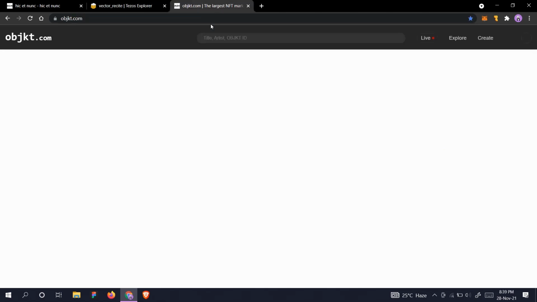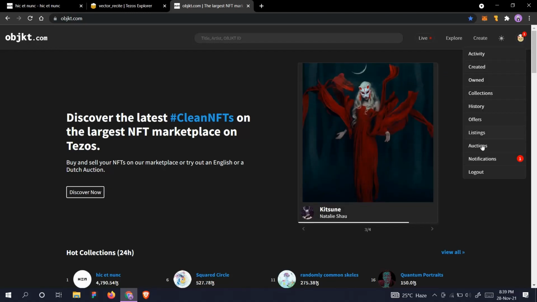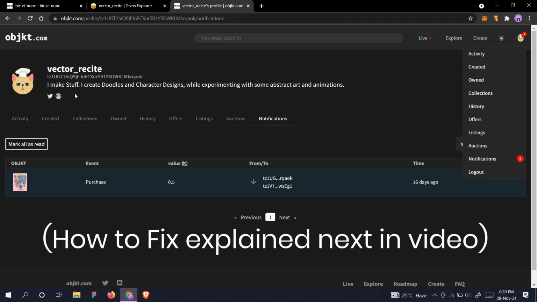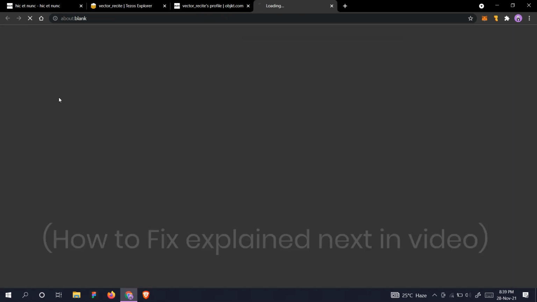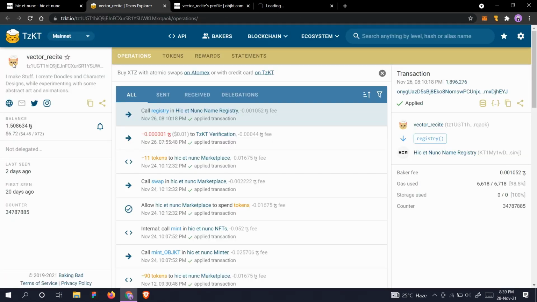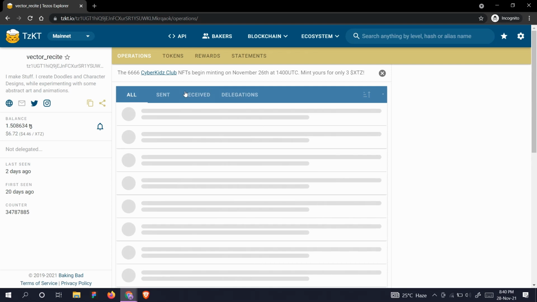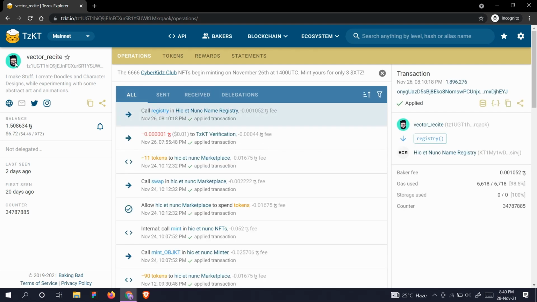Let's check on objkt also. So if I go to my account, you'll see that the description is there, the Twitter and website is also there and my username is also there, but the image is missing, which is not actually the case. It's just missing in my browser only because the cache image might have been saved as this cat only. If I just copy this link and open it in an incognito window, it loads up just fine and it adds my image also. So anyone visiting my page for the first time or my profile for the first time will actually see the image.